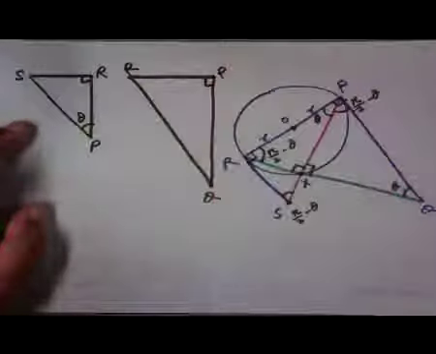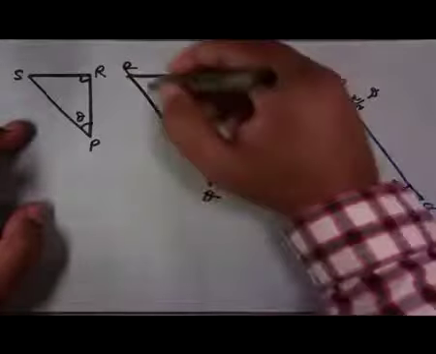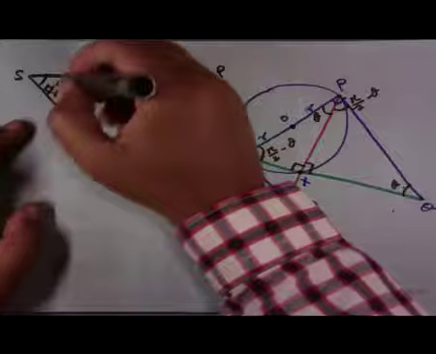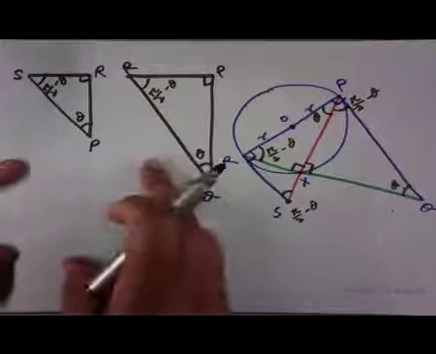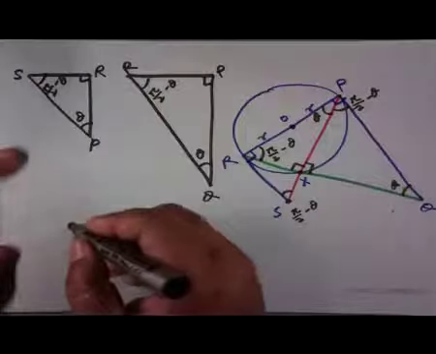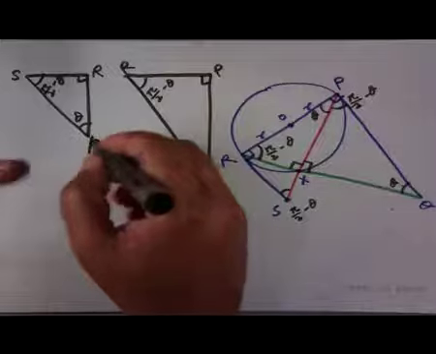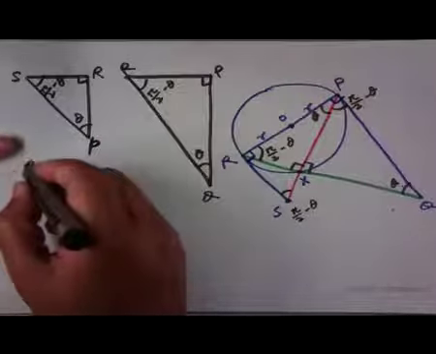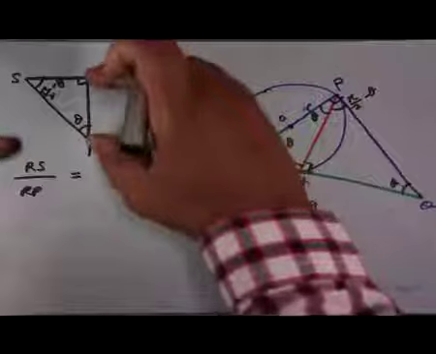And in RPQ, this angle PQR is theta. Since these two triangles are similar, from the similarity ratios we have that RS divided by RP must be equal to this divided by this,